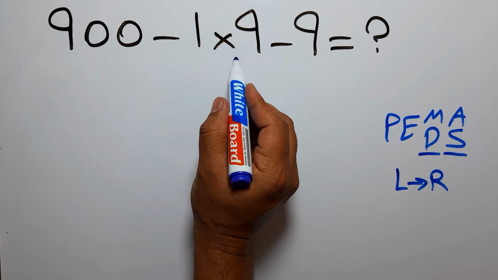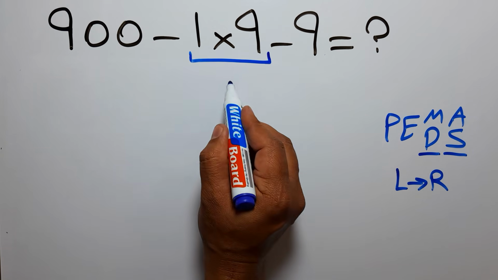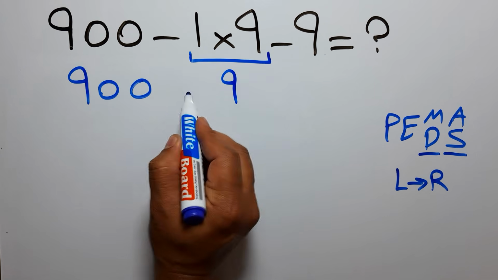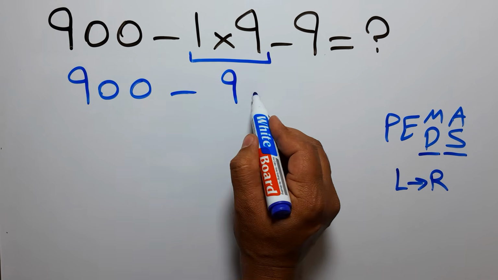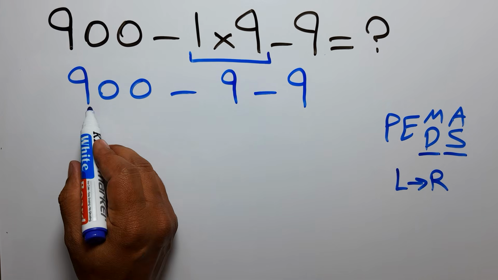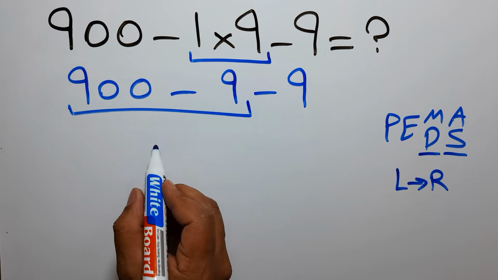So first we have to do this multiplication. 1 times 9 gives us 9. So we have 900 minus 9 and again minus 9. Now we have to do this subtraction. 900 minus 9 gives us